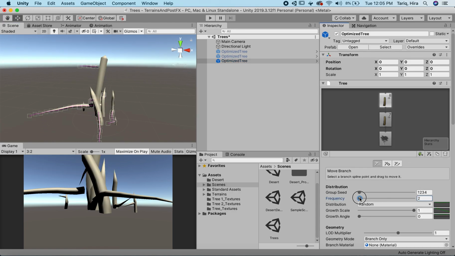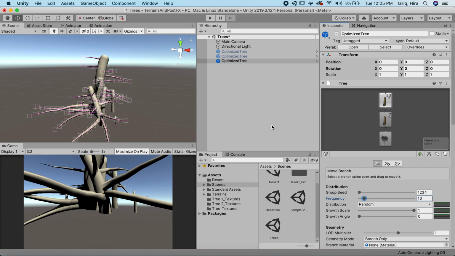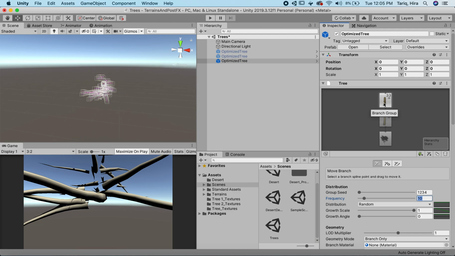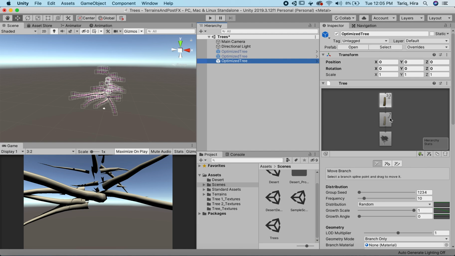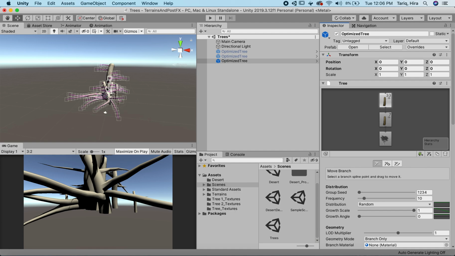I am going to increase the frequency again, which increases the number of branches, and that's now 33, the total number of branches here. So that's not counting this, which is like 7. So these are 7 branches, and then this added 33. And I accidentally turned that off, so I'm just going to click on this I button here and it turns on the base as well. So you can do that if you want to focus on just one group. Okay, so